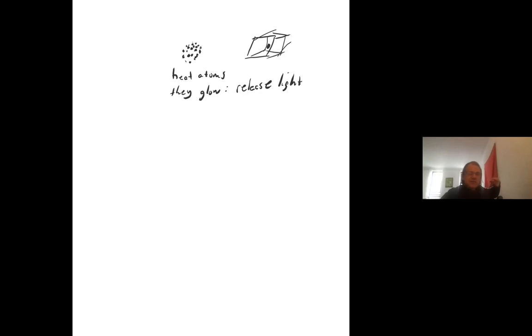So, it doesn't have to be a gas. It can also be a solid. So they release light, but another thing they do is actually absorb light. And a good example of this is this thing called ozone. You've maybe heard of it. Ozone is trimolecular oxygen. You might call it trioxygen. Okay, it's O3. And it's kind of an interesting molecule.